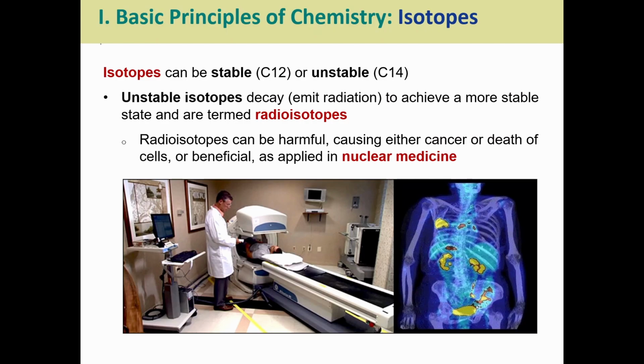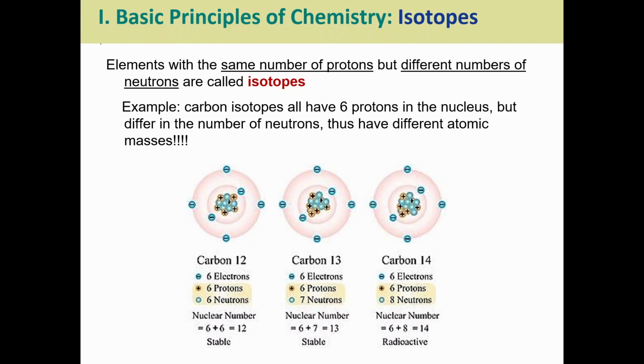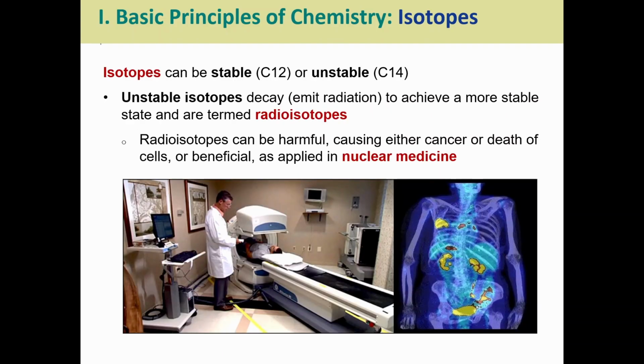So isotopes, like we're looking on the back slide right here, we see the different isotopes, and we saw that there were some that are stable and some that are radioactive, right? Because they were unstable. So like C12 is an isotope that is very stable. It doesn't really break down, it just kind of does its thing. Versus carbon 14, unstable. It's going to emit what we call radiation. Now, we're not going to get into the different types, alpha, beta, gamma radiation, but the big thing is they break down, which means basically things are going to be flying off of those isotopes, and they're doing that until they reach stability. Now, because they're unstable isotopes, we call them radioisotopes because they're